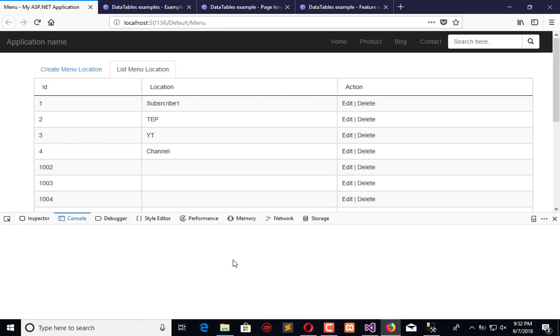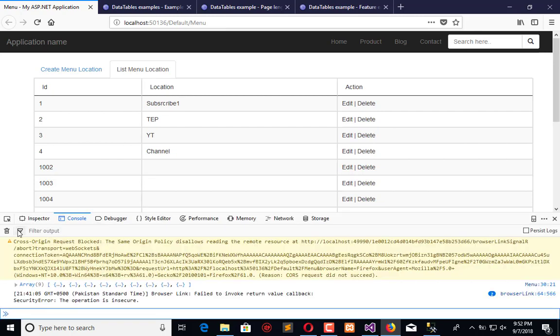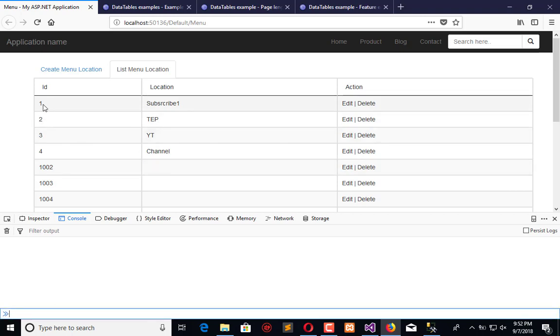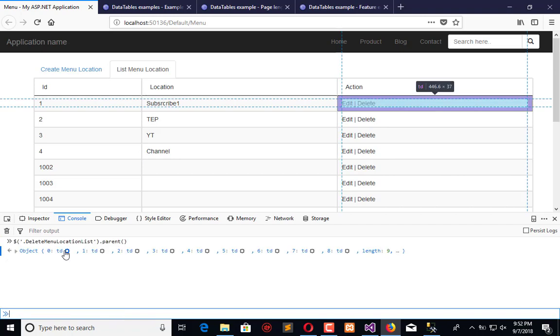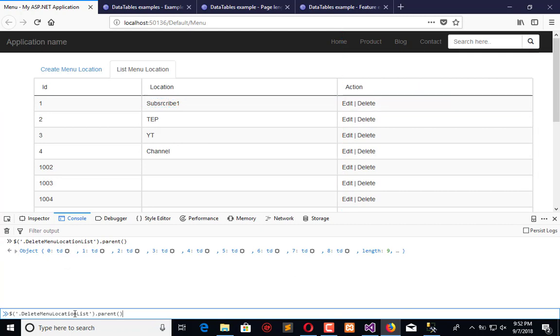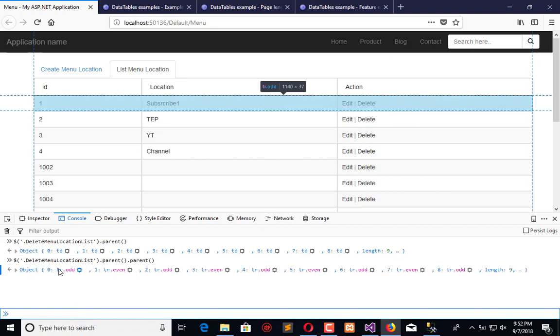Press F12, and I am going to get this ID from this delete. I am using jQuery, and here is the class, dot parent. Enter, so it gives me the table data. Now I need the parent of the table data too, and it gives me the row. Now I need the row's children,